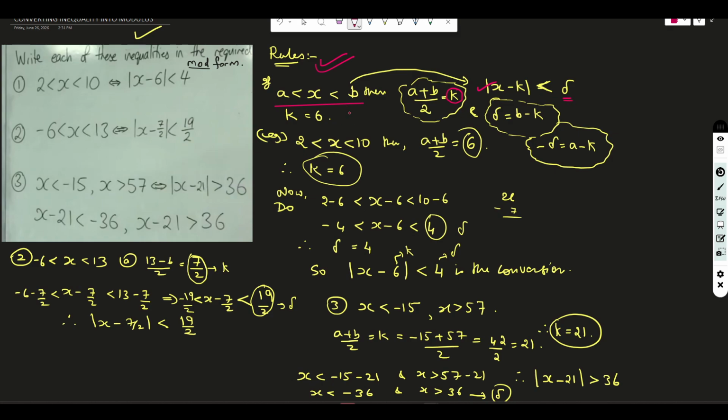See, basically, if this inequality, that is x between a and b, has to be converted into a modulus form, then the modulus form in general will be modulus of x minus k less than delta. Okay, and in the modulus form, what is the k value and what is the delta value, that I am telling you how to find out. So to find out k, you have to take the average of a and b. To find out delta, the next process is this k, that you have to